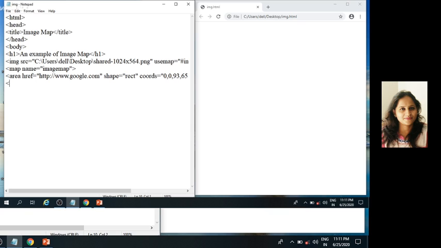Then next area href is equal to http://www.unipune.ac.in, shape is equal to circle.